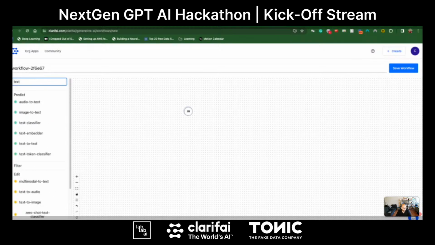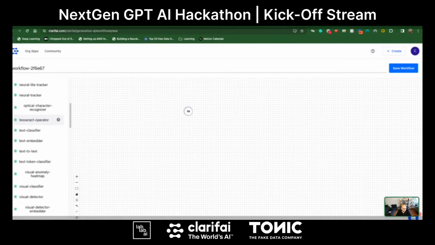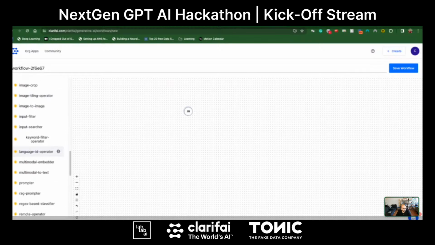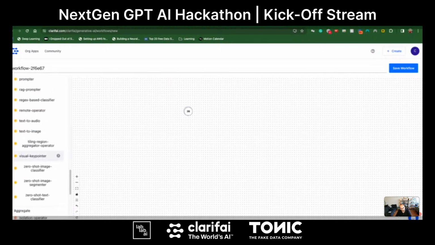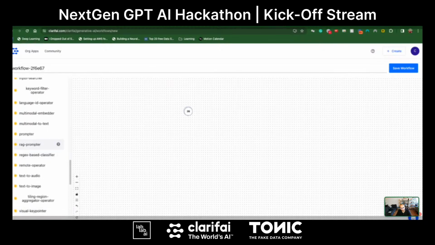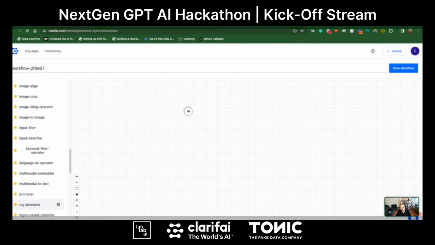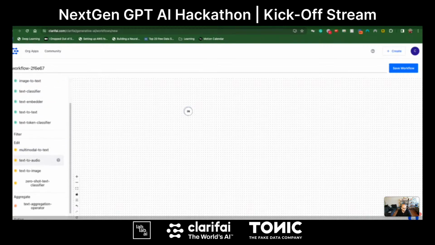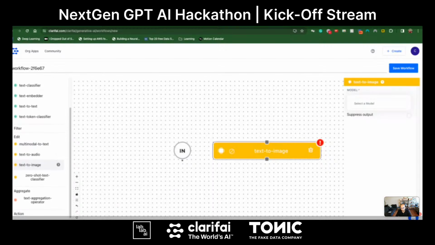Text to image. Before we even get to that, there are a lot of different kinds of model types. You can essentially just drag and drop the model type. So for us, we want to generate an image and then feed it to a descriptor, a new one, especially that we imported from GPT-4. So let's do text. We want to do text to image. See this one right here.